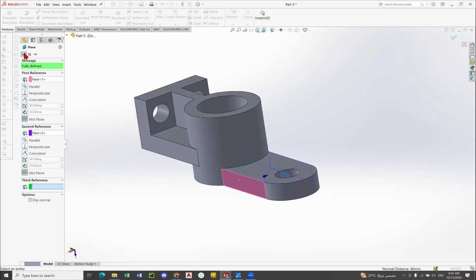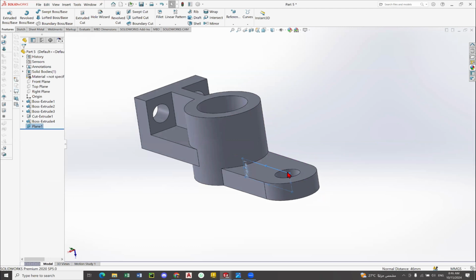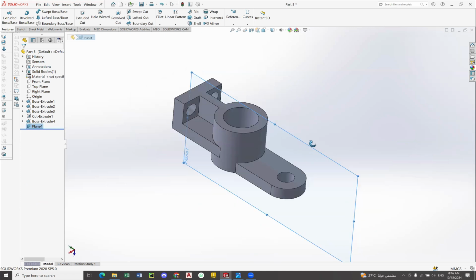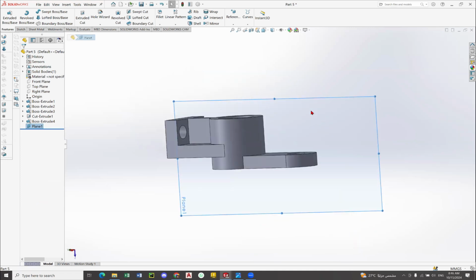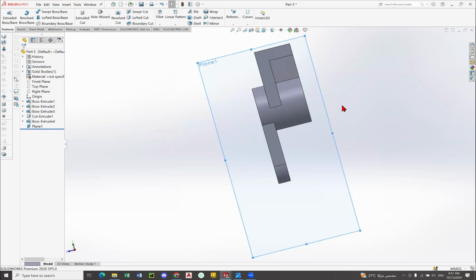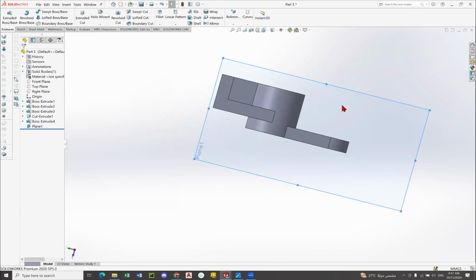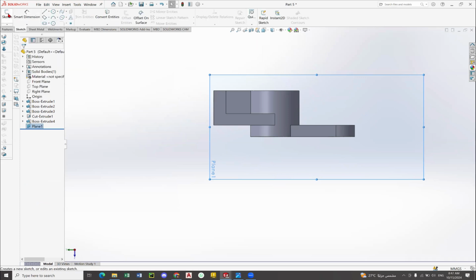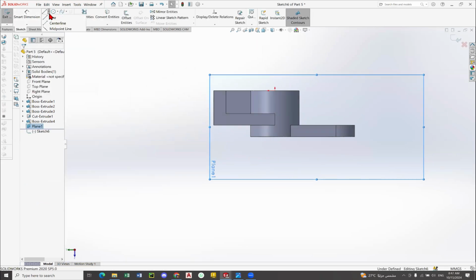I click on OK. I can here drag this plane, this mid plane. I right click, normal to, alt, right arrow of the keyboard, press many times, and I can now draw the sketch. Left click sketch, line,